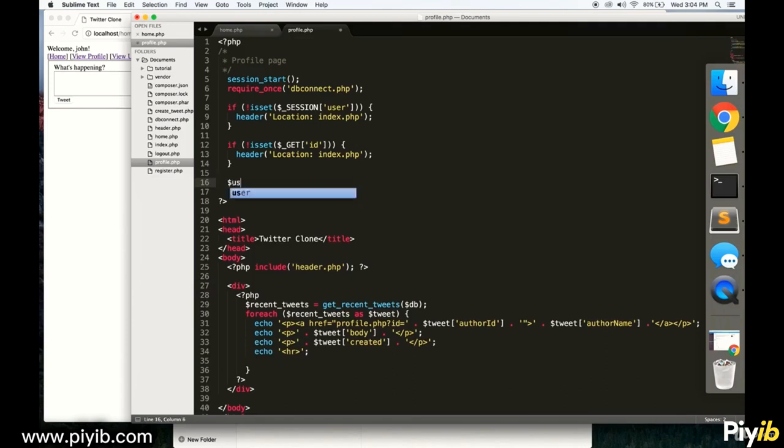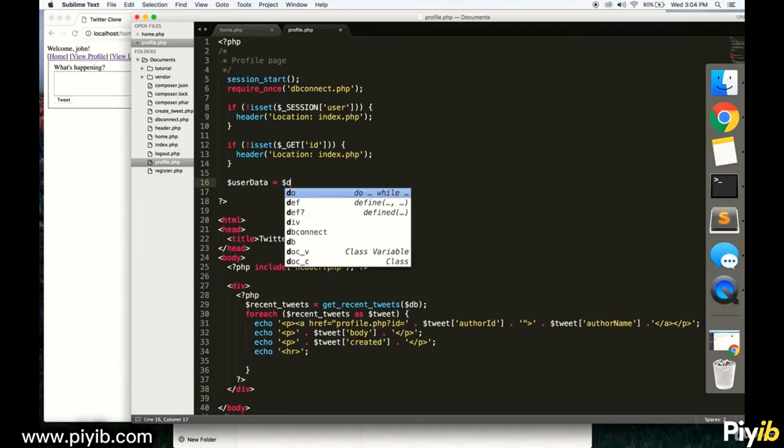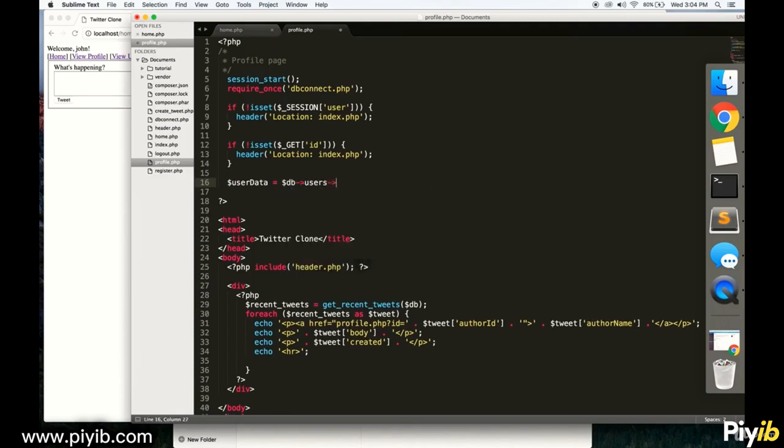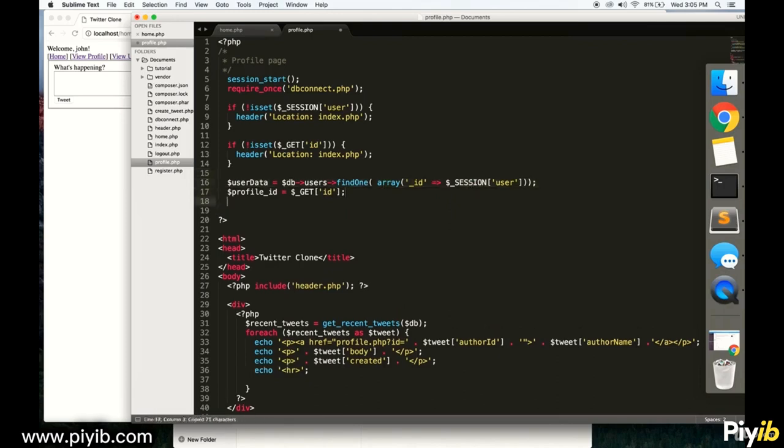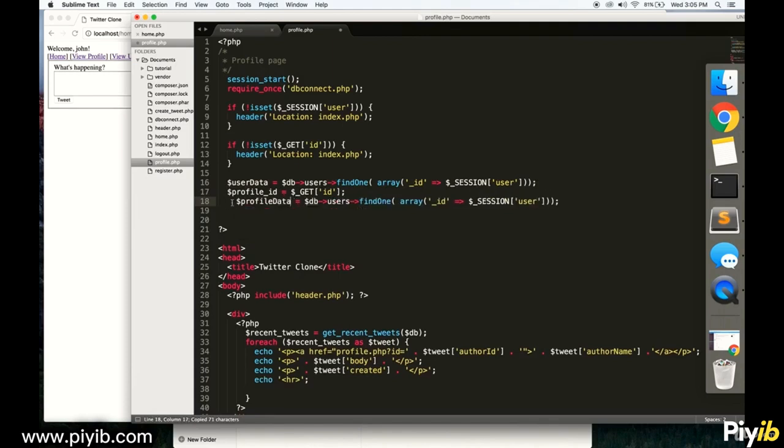We're going to make a user data variable, and that's going to be equivalent to, well, we're going to ask the database to find and give us the data for the currently signed in user. Close that off, and then we're going to get the ID of the profile that we're currently looking at. That would be this. Whoops. Okay, get ID. And then we're going to do the same kind of procedure. We're going to make a profile data variable